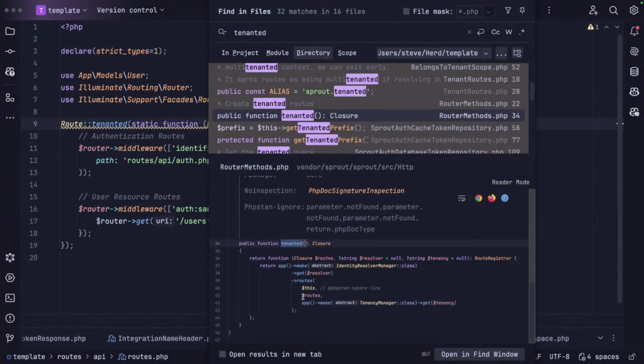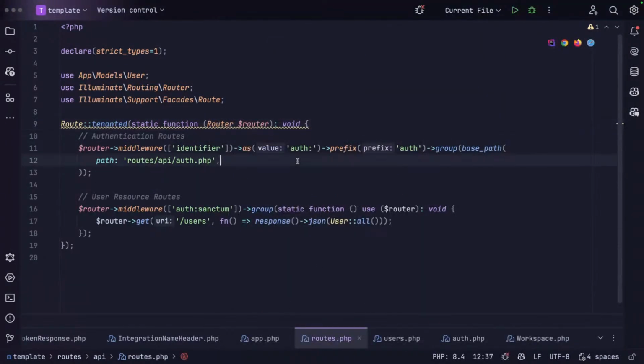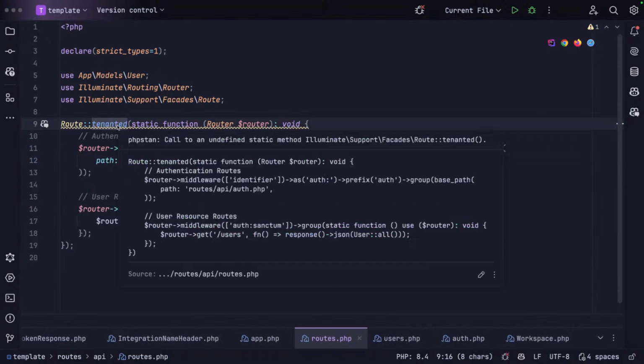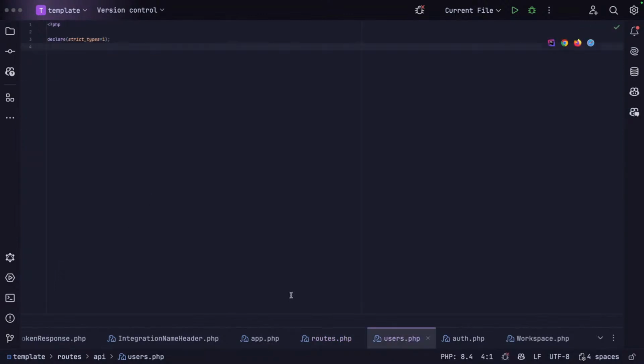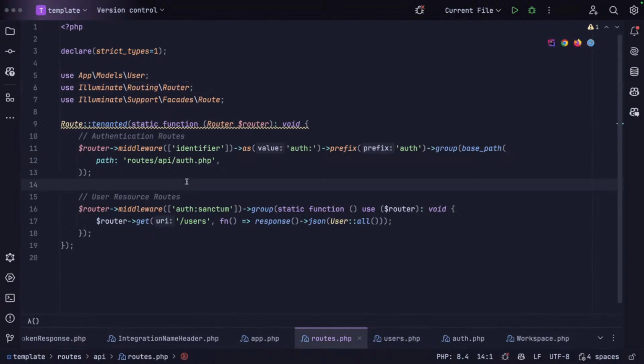So all it's doing is resolving routes using the tenancy manager. It's just the same as doing a group in my eyes. So let's say we've got users over here. What we want to do is say,